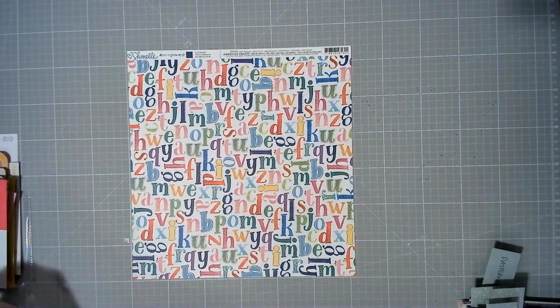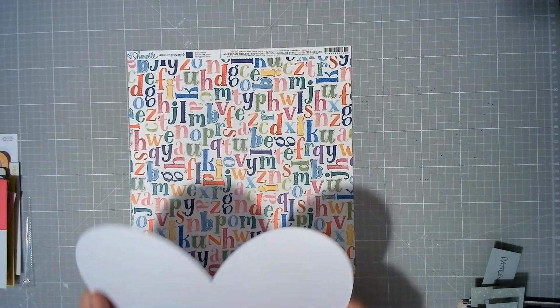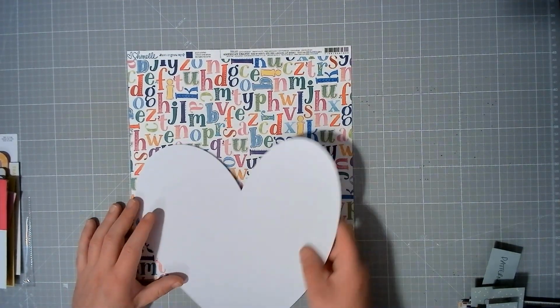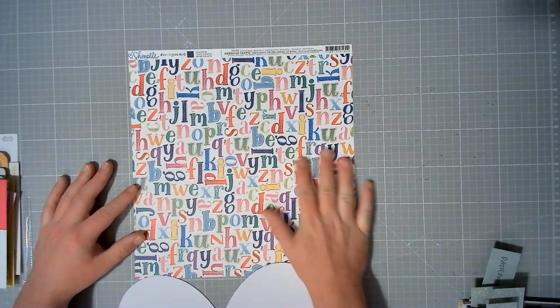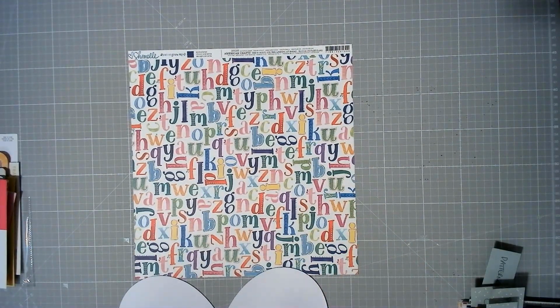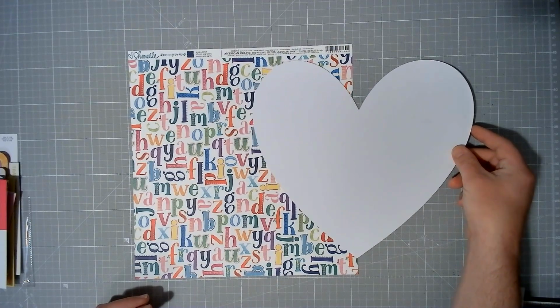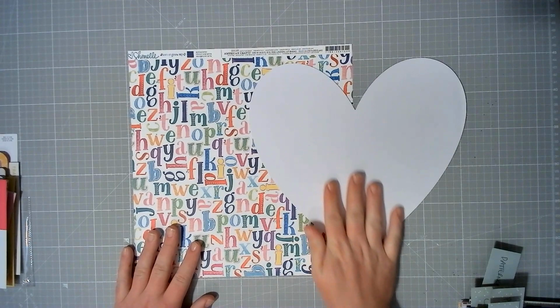Now with this one, I want to pull out from here this heart, which came from, I don't know whether it was a cut file or something. My idea with this is to create a double page layout and to hone in on the idea of all these jumbled letters and use a ton of thickers in different colours, styles, shades, sizes, and have this heart sort of in the middle, and then have a strip at either side,